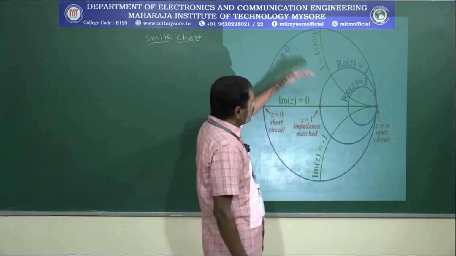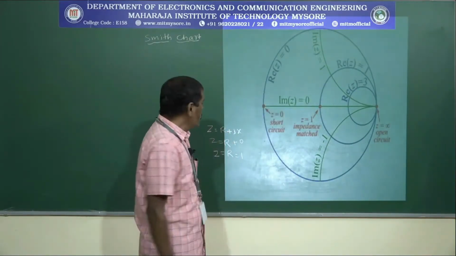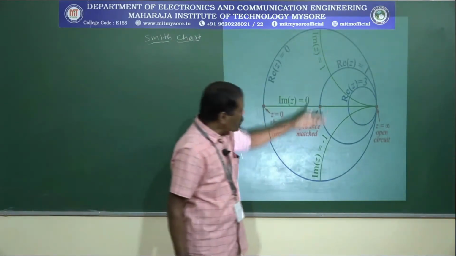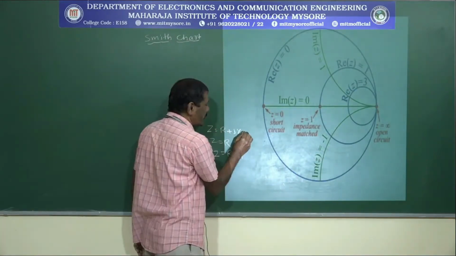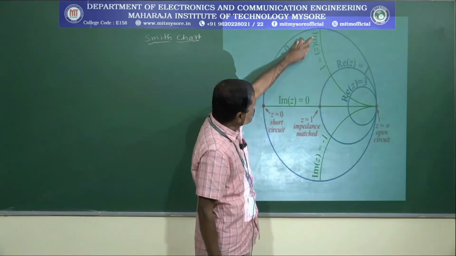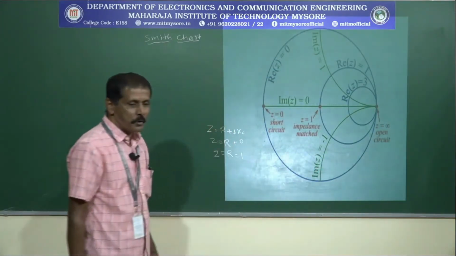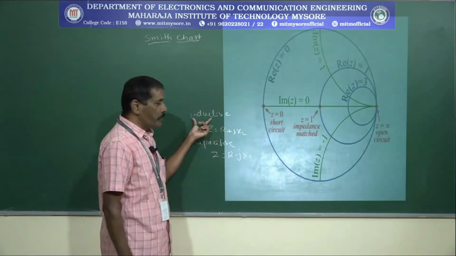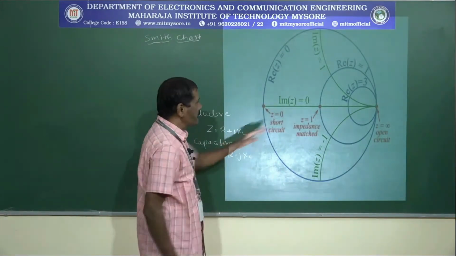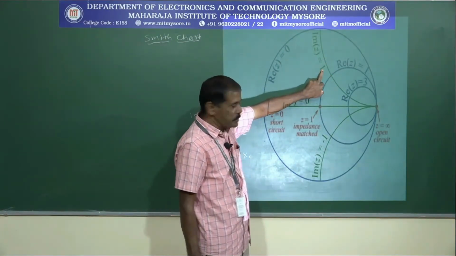Now, coming to the upper part and the lower part, as I already told you, the upper part we use whenever our reactance is inductive reactance XL, and the lower part we use whenever our reactance is capacitive reactance. So for the upper part we take imaginary equal to 1, and for the lower part we take imaginary equal to minus 1. If it is inductive, then Z is equal to R plus jXL, because a plus sign is there. Therefore, we count the upper part of the circle, where the imaginary component value of plus 1 is taken.